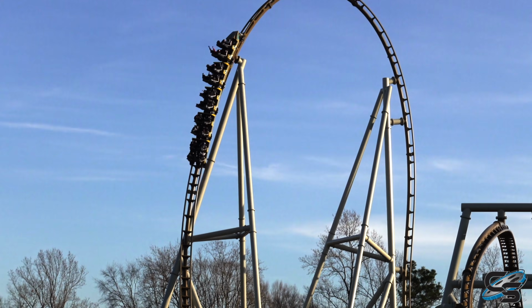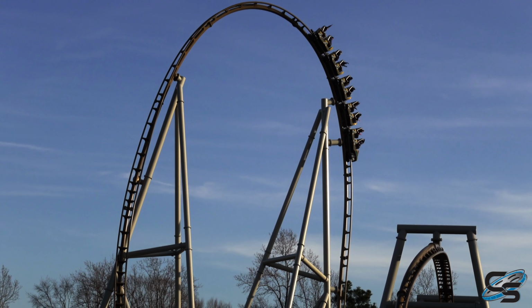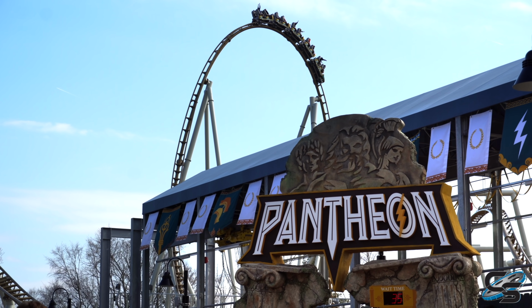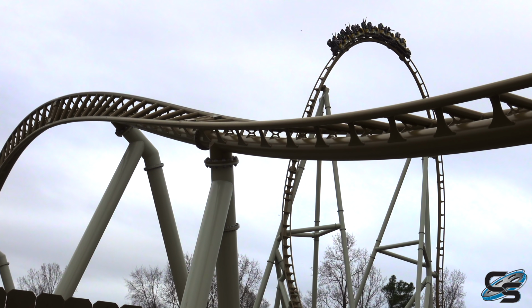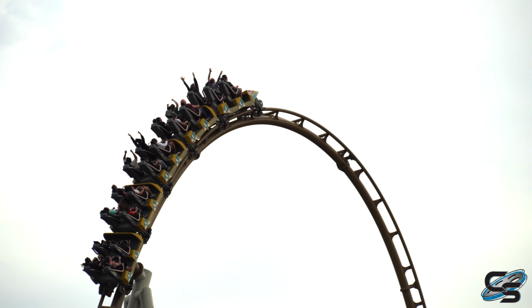If you watch some testing footage of this ride, it flew over the top hat, and that is not the case when we rode it. Now, we did get to experience it in a variety of weather conditions. That includes when it was 45 degrees out, but also when it was almost 80. And it didn't matter. It always went slow over this top hat, which I think is a bit of a shame because I think it has potential for some crazy airtime there,